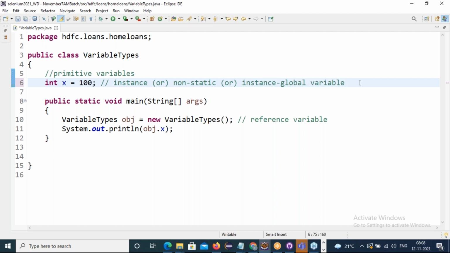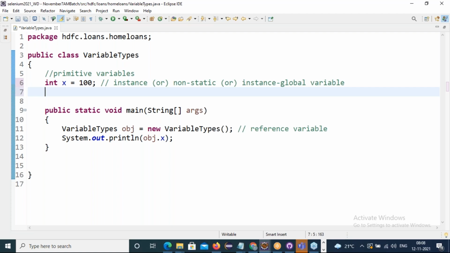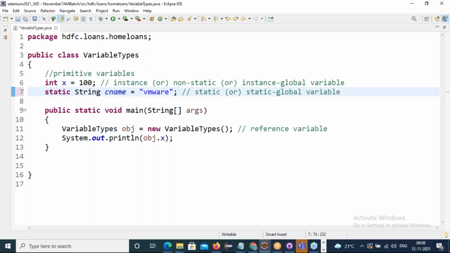Next is the primitive variable defined in a static position. As a prefix to the variable I am giving the static keyword. This is called a primitive static variable, and also a static global variable.